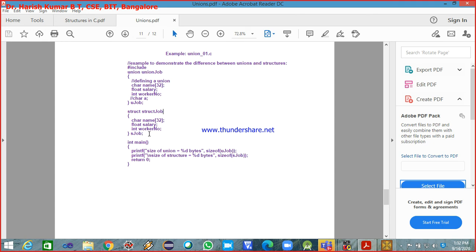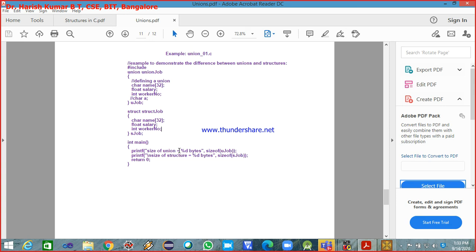Next, we have a structure also with the name structure job. The variable for the union job is u job, and the variable for the structure job is s job, and we have the same character array, then float salary, and int worker number. And we are printing.